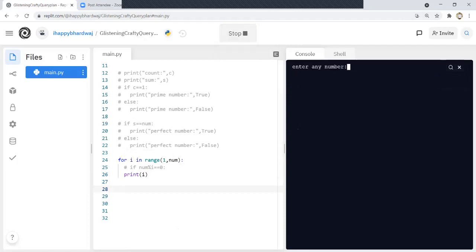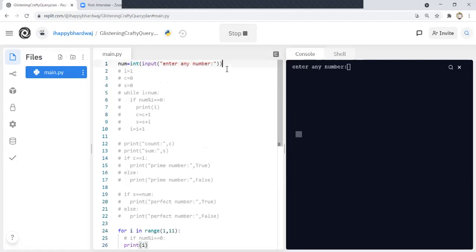If I try running the code, it is saying enter number. If I write 12 here, it is printing the counting from 1 to 11. Why? Because I'm printing this i only. This range function will return these integers. If I'm writing 1 comma num and entering 12, then in num 12 is saved. Initially in i, 1 will be saved, then 2, then 3, till 11. All the values will be saved here in i. If I write num comma 11, then it will print the counting from 1 to 10.